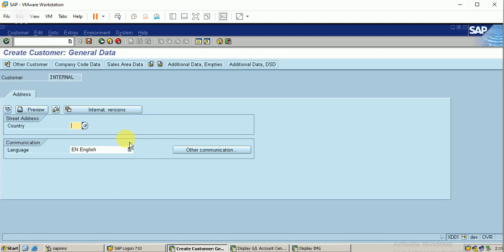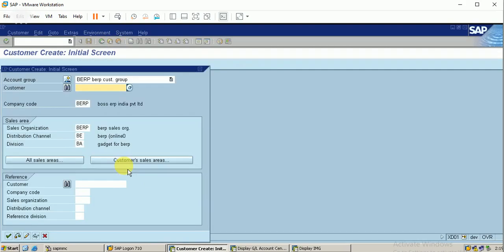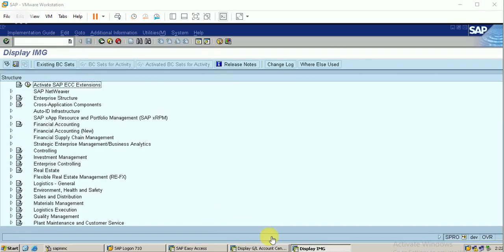So when you create customer master, if the screen appears like this, it is not a right thing. We have to activate more fields here. So I'm just leaving here. So to solve this error, I'm just entering to the financial accounting new.